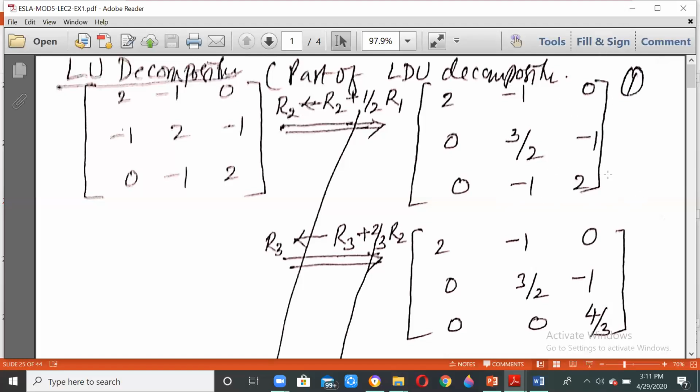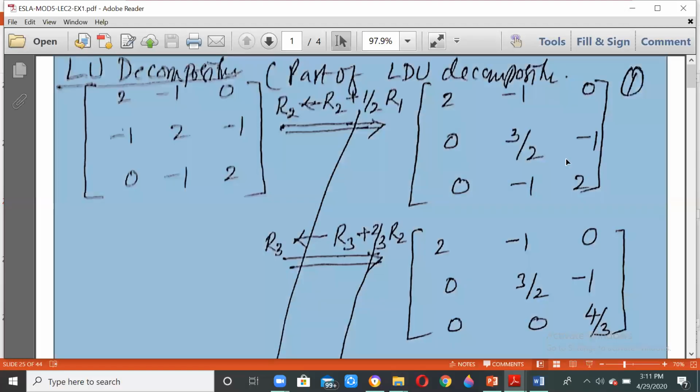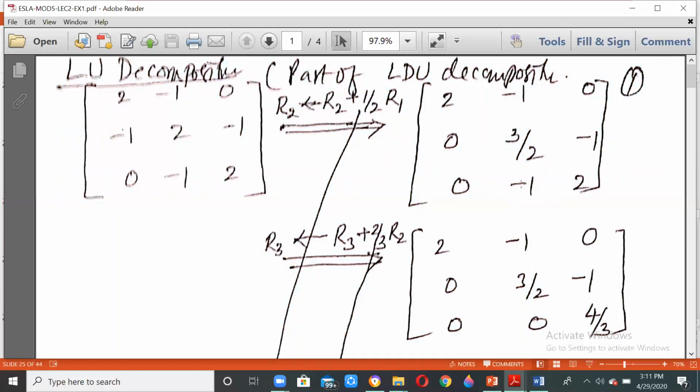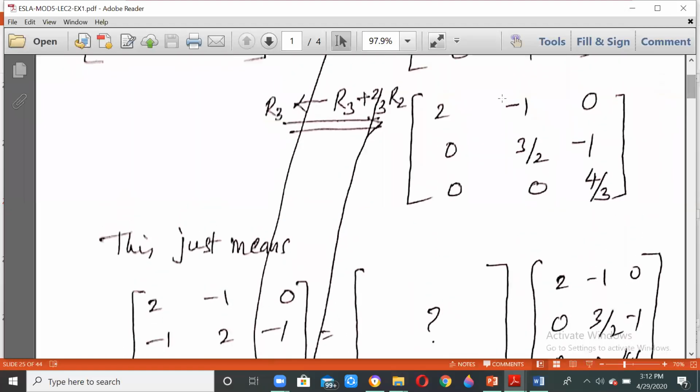-1 into -1 plus 3/2 into 2/3. That will give us the value equal to 0, and hence we are writing 0 here. And then 2 plus 2/3 into -1 will give us the value which is 4/3. So once having got this value of the